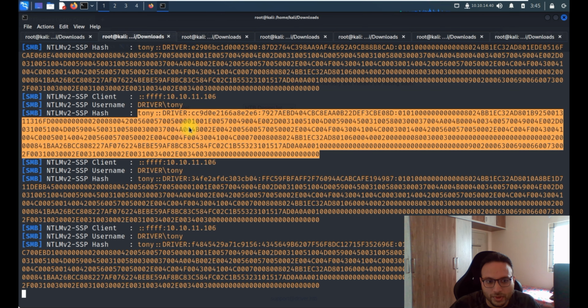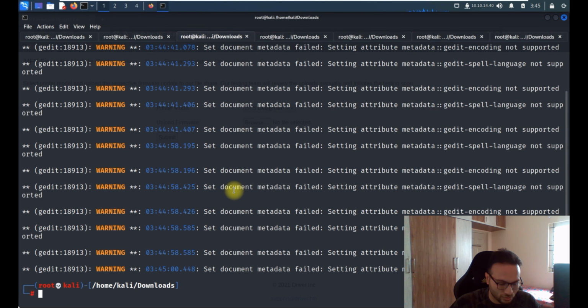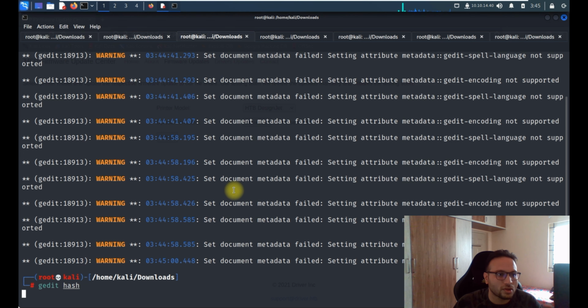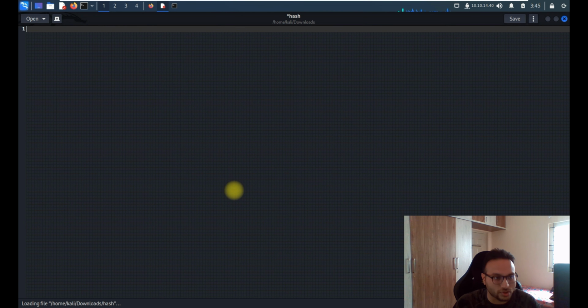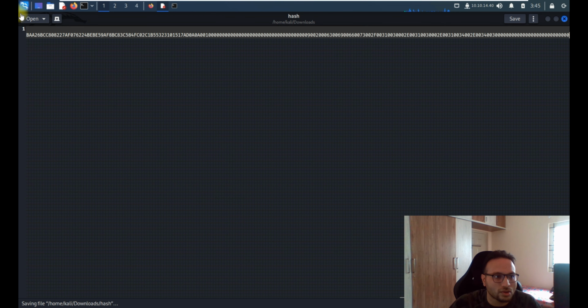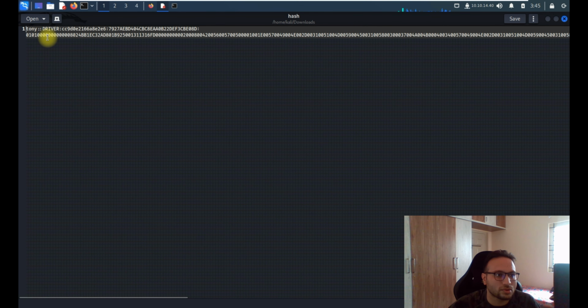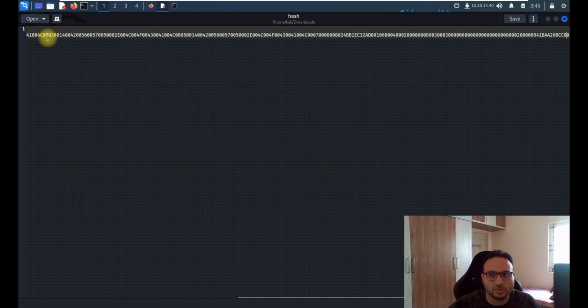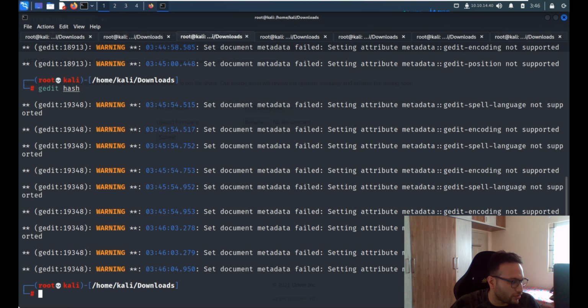Okay, once we get it copied, paste it in one file. So it's a hash and I'll put it over here. Okay, let me save this. Okay, what we have to do now,